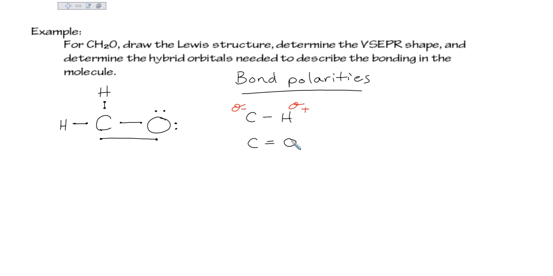But this time, oxygen has the higher electronegativity. It's closer to fluorine. It's got a greater nuclear charge, more protons, so there's even going to be a stronger pull on electrons. So it's still polar, but this time the partial negative goes to the oxygen, and the carbon would be partially positive. Cool. So there's bond polarities, and it's not asked for in this particular question, but it's definitely something that they could ask you about. They might ask me for the VSEPR shape, and for that I'd look at my Lewis